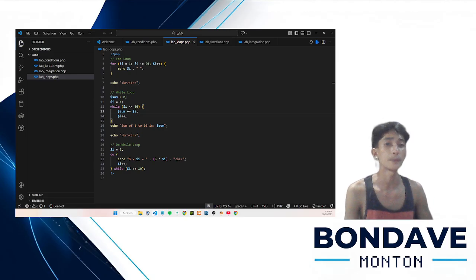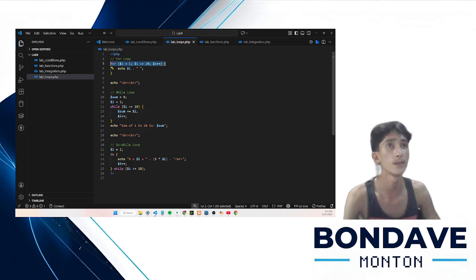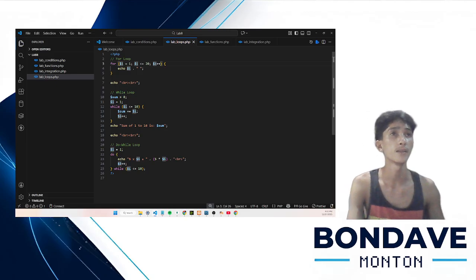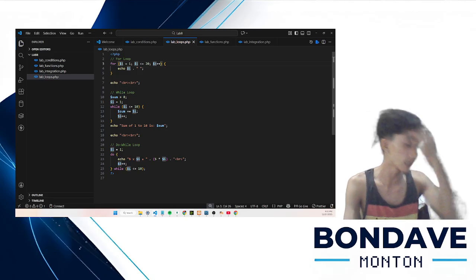In the for loop, we have for $i = 1; $i less than or equal to 20; $i++. The plus plus is called an increment.